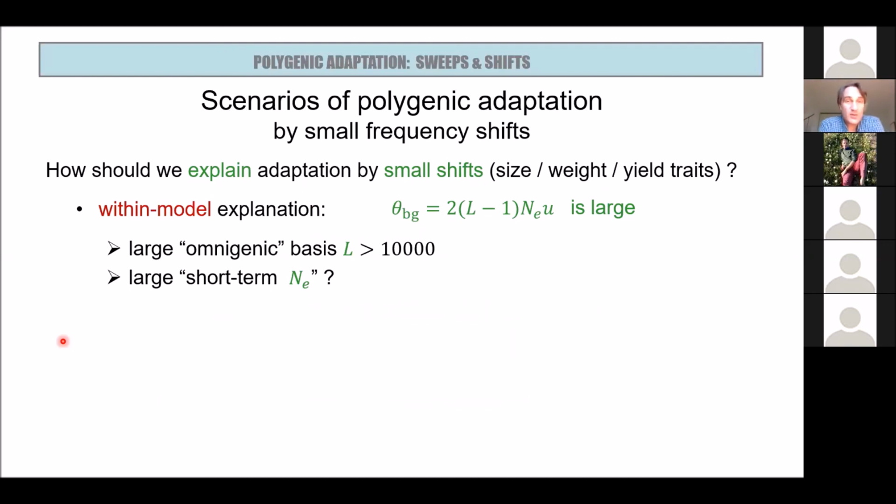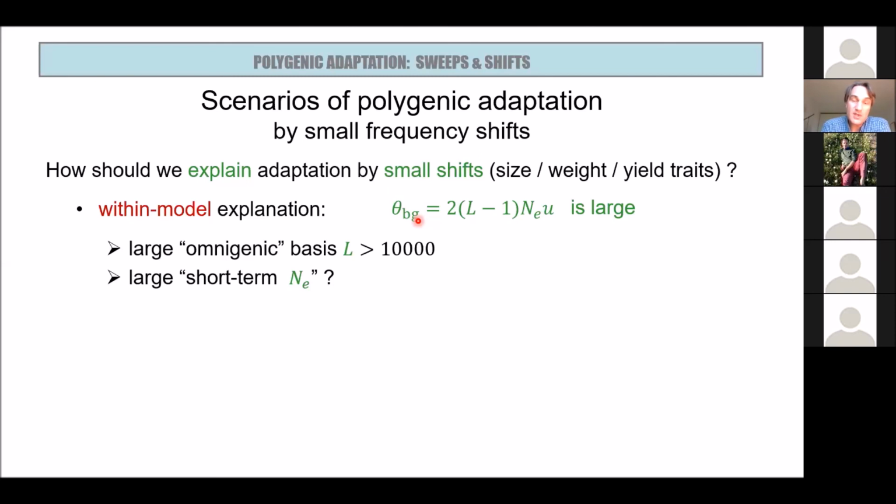So one question that arises in applying this theory to real data is how should we explain adaptations by small shifts that we seem to see for a lot of traits that people in quantitative genetics like to look at. For example, traits like body size, weight, or yield, that are highly, highly quantitative traits, right? And so apparently we need for all these cases quite large values for this theta background,